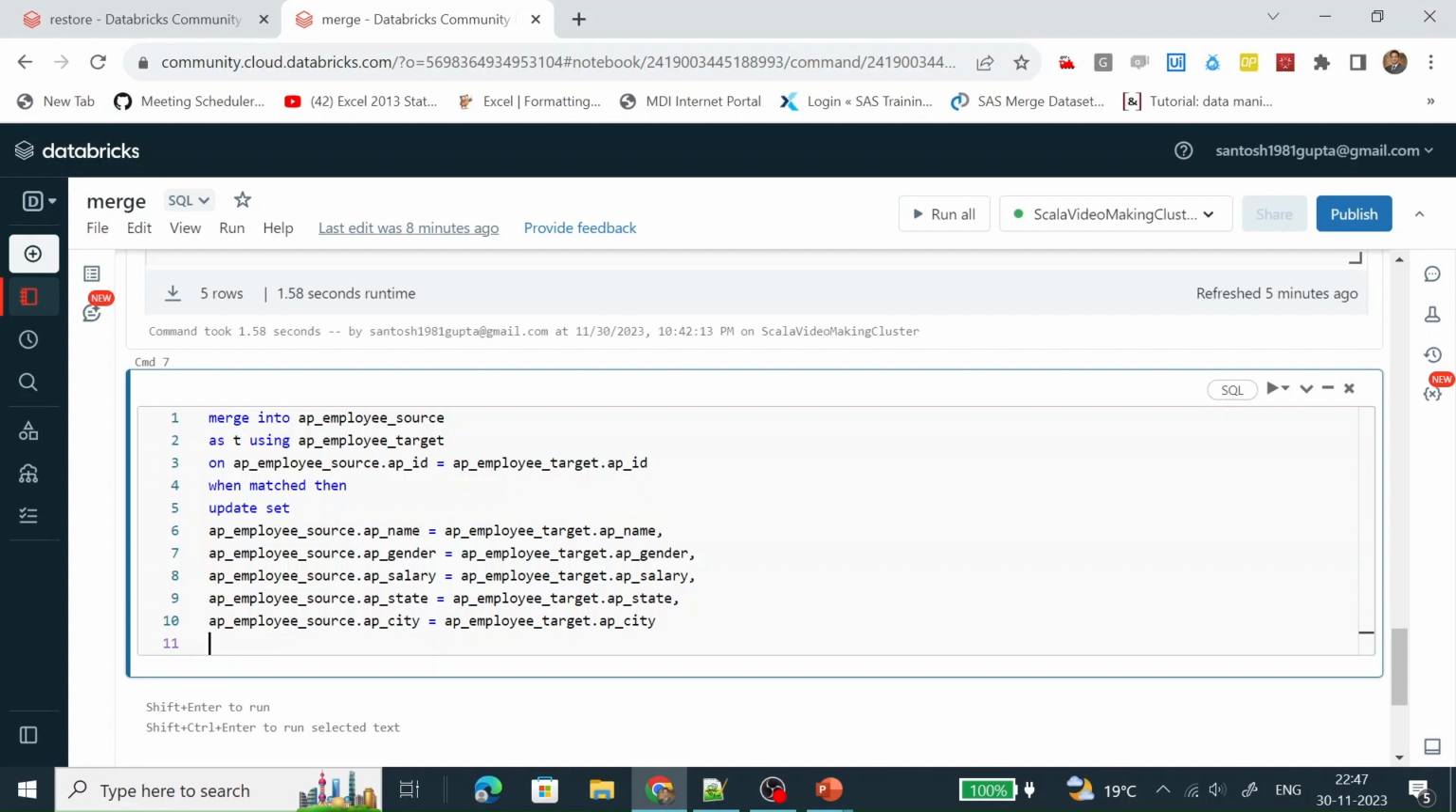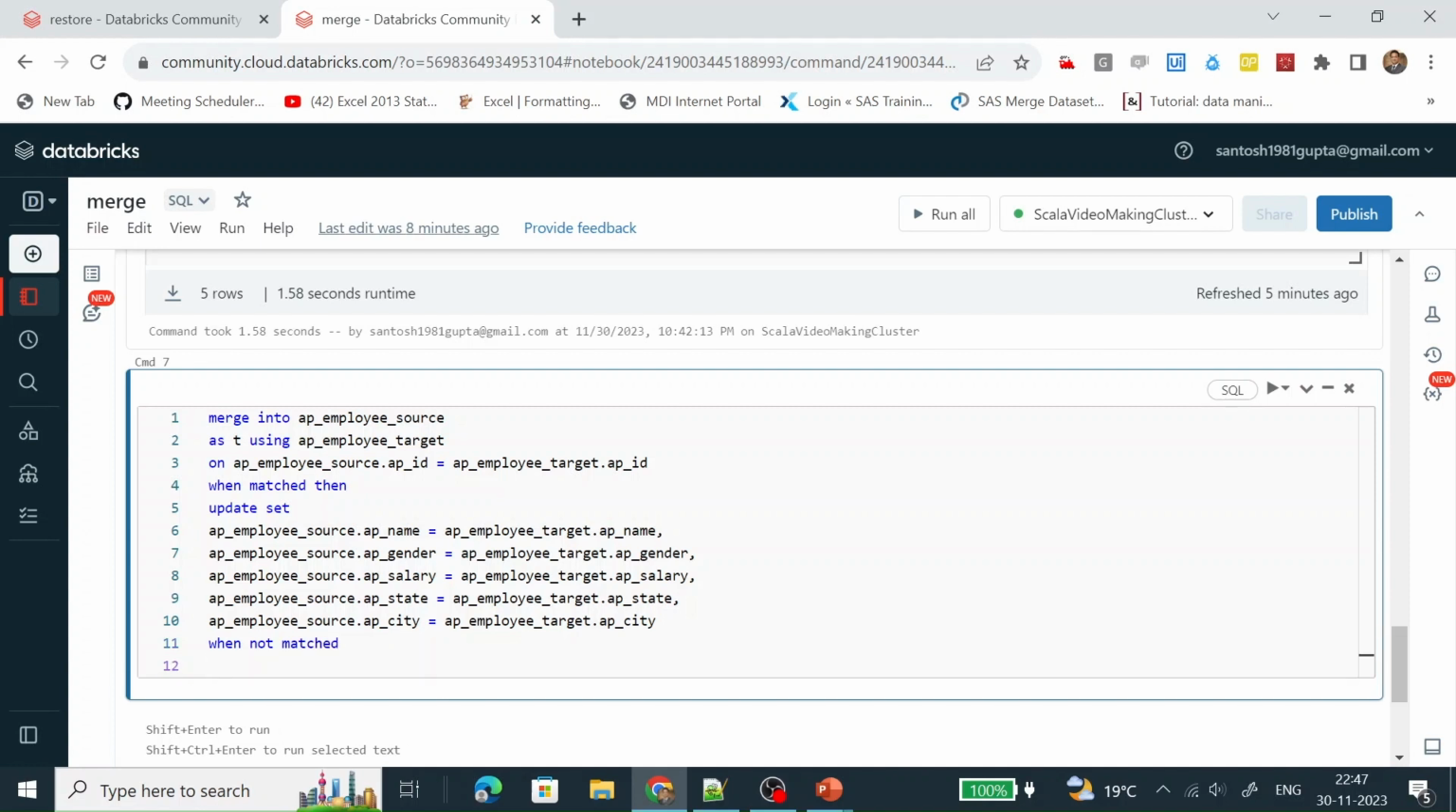When not matched. If not matched, then what is it going to do? It will insert the records. Where is it going to insert? It is going to insert